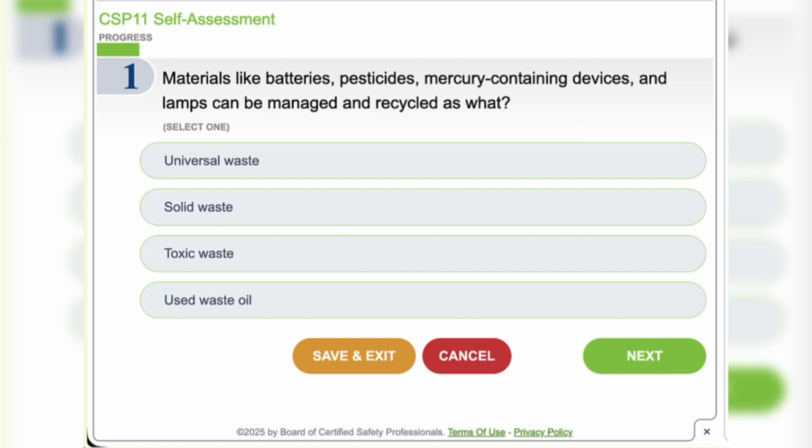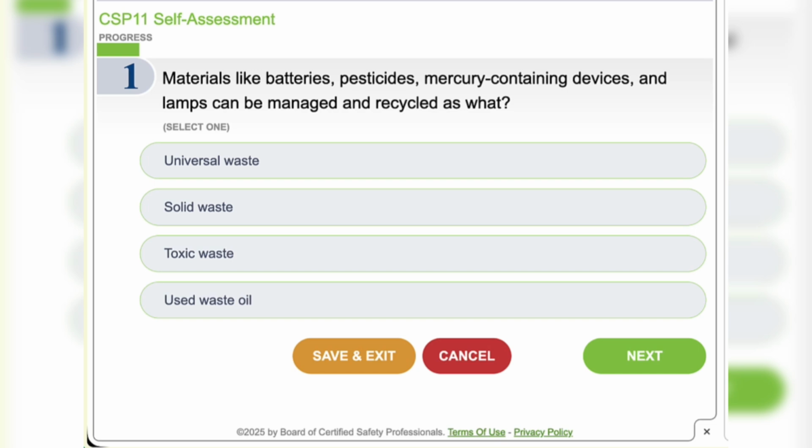Solid waste means it is too broad in nature and does not capture a special handling and recycling requirement. And toxic waste, this material may contain toxic components, and toxic waste is not the regulatory category used for the simplified recycling.